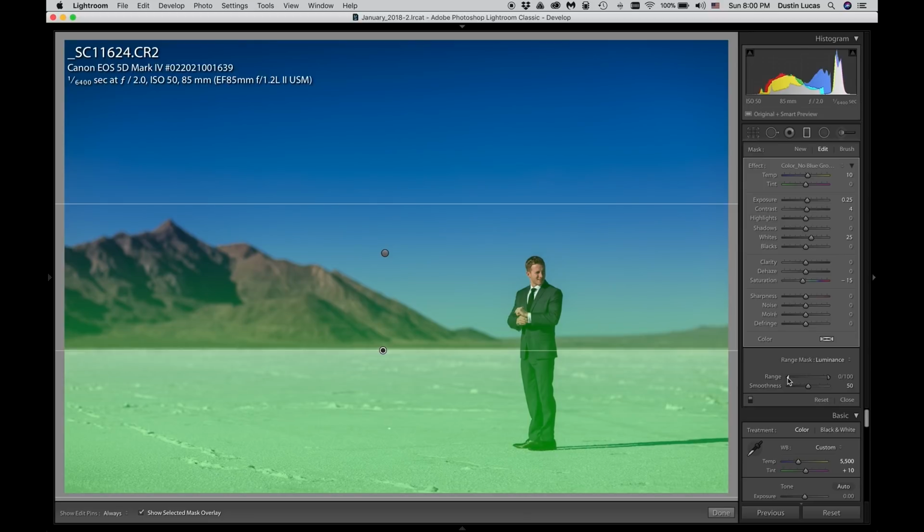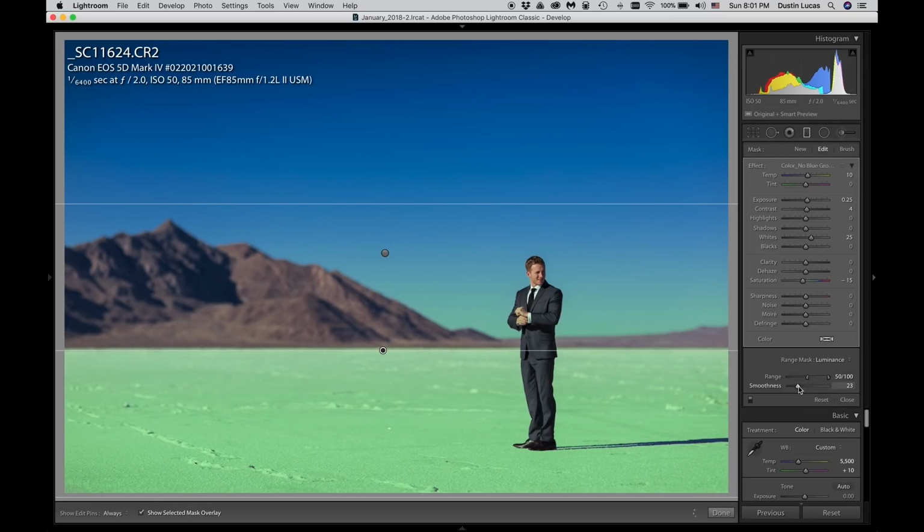So if I want to remove him and the mountains, which kind of fall into similar tonal ranges, specifically, they're just darker tones. If I drag in from the right, you'll slowly start to see the green is removed from them. And remember, anything that the green mask is on is where our effect is going to occur. So if I go all the way up to 50, you are seeing that mask almost disappear completely from his pants, as well as our horizon line here, or the mountain line. Well, if I take smoothness down,